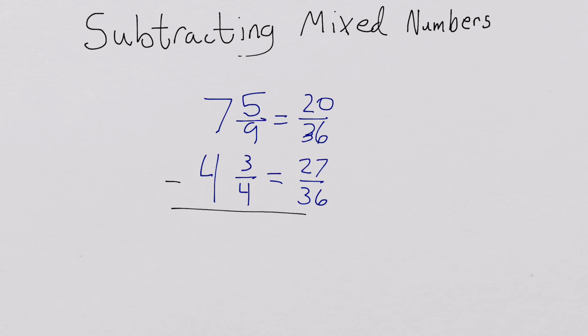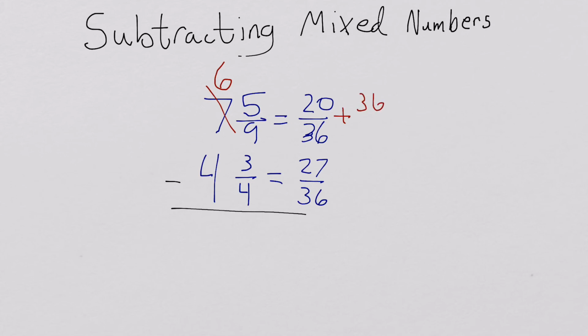Well, we have our problem here. We have 27 on the bottom and 20 up top. So we cannot take away 27/36 from 20/36. This is too big. We need to regroup. So just like before, I'm going to take, well, let's use a different color, I'm going to take 1 away from our whole number, and this is going to become a 6. Now, that 1 that I took is 36 pieces out of 36, or 36/36. So I'm going to add it to here,